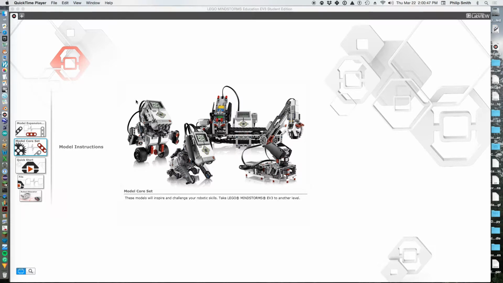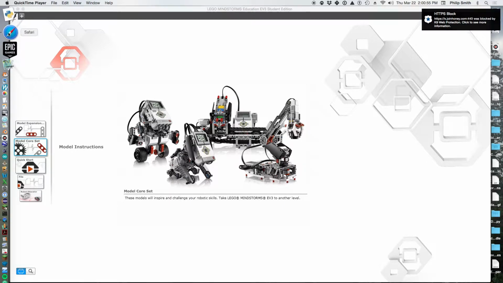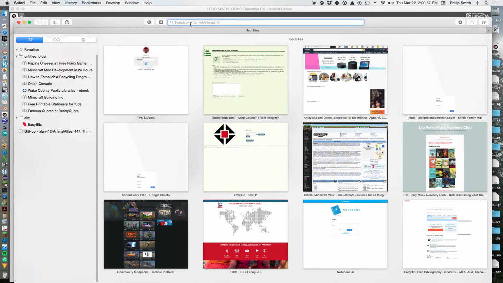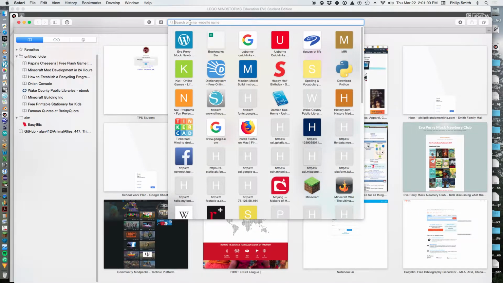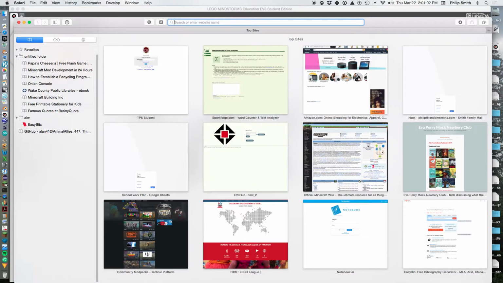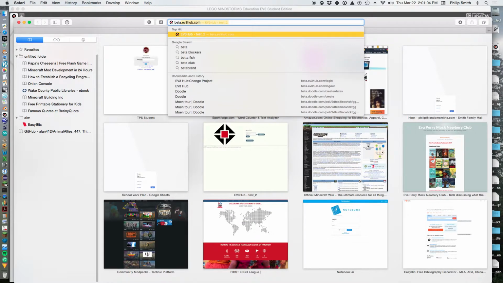I'm doing a video on ev3 Hub. For those of you who don't know what ev3 Hub is, it is a version control software for ev3. So I'm just going to show you what it looks like real quick and give you some tips on how to use it. So the URL is